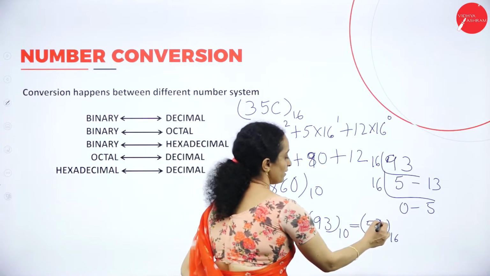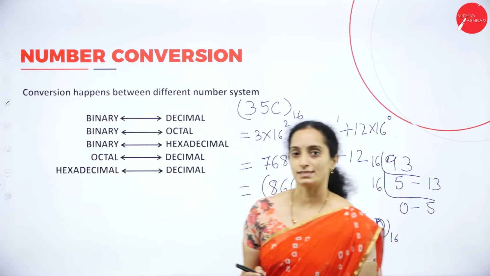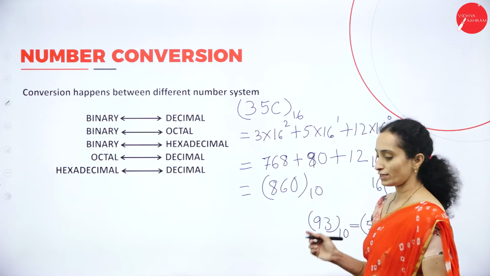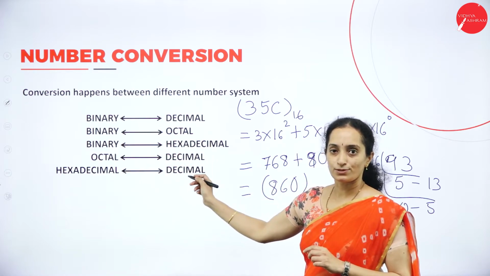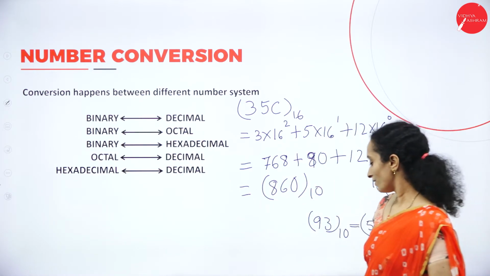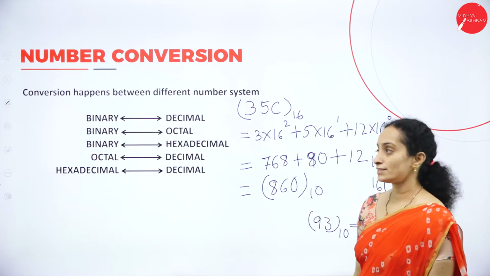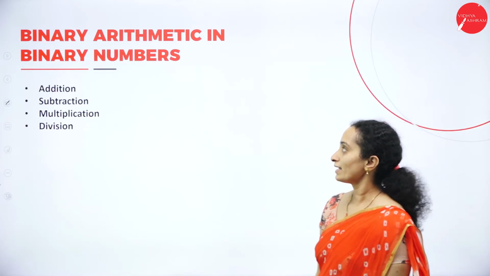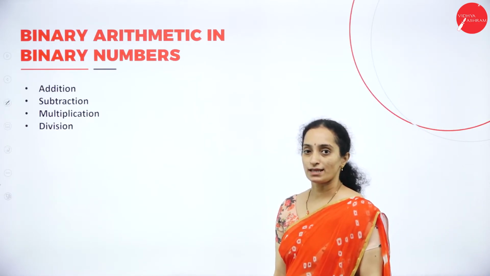Okay. This is how you can convert a number from hexadecimal to decimal and from decimal to hexadecimal. Okay, so next, after knowing about number conversion, is how to carry out arithmetic in